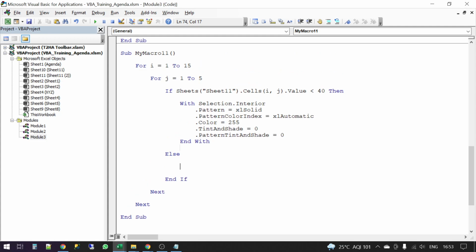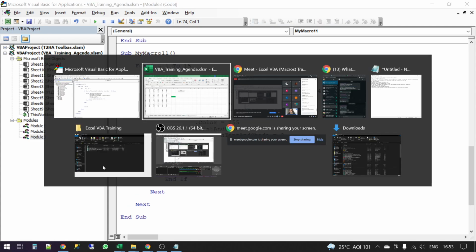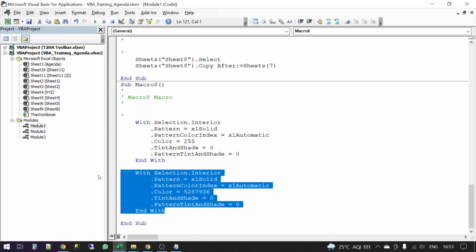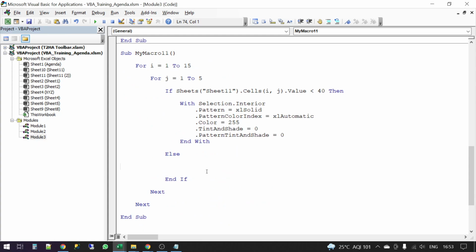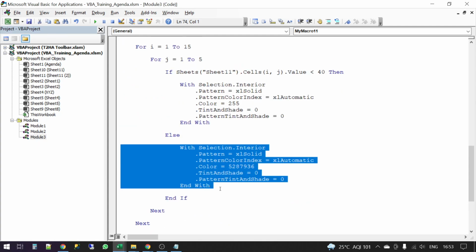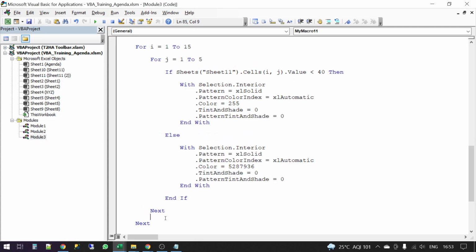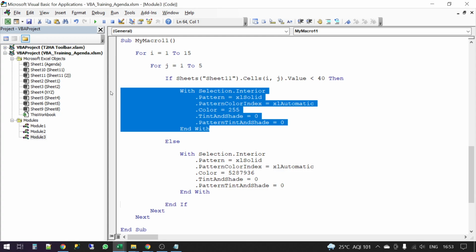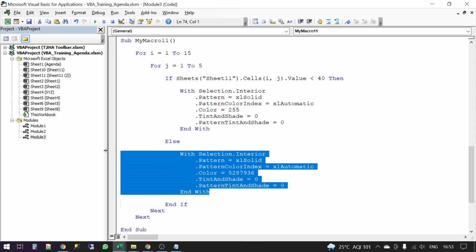And here again the same thing, but color green. Okay, this is my code, from start to end. So if it is less than 40, red, else green.